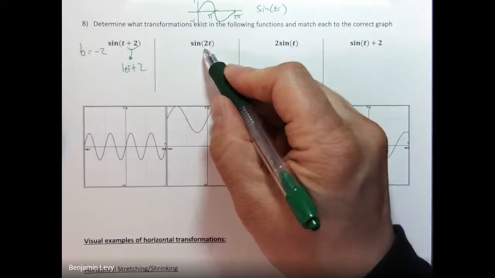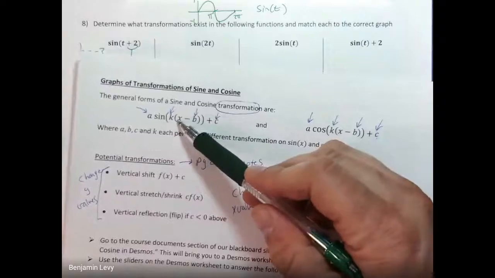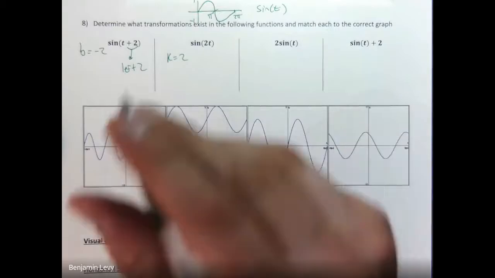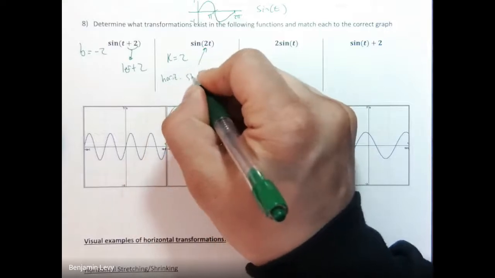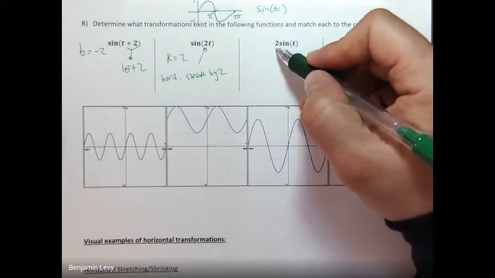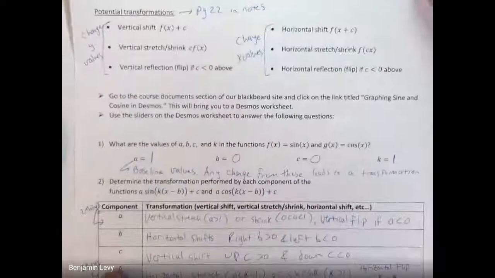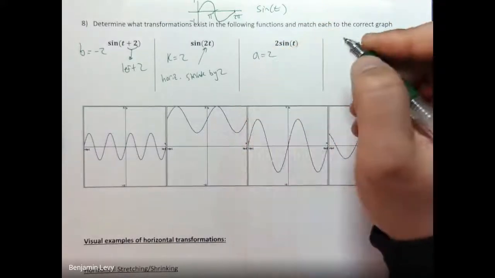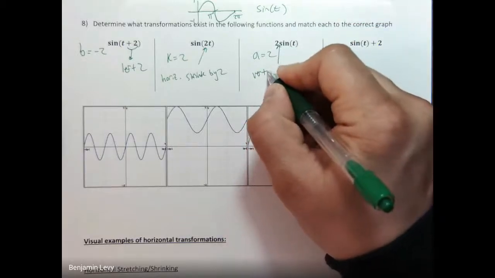This one right here has got a 2 multiplying the t, and so the thing that multiplies the input is the k. And so this one here has a k value of 2. And so we know that k does horizontal stretching and shrinking, and so that particular k does a horizontal shrink by 2 units. This one here is multiplying the sine by 2. And so we know that multiplying the sine is a, and then we know that a does vertical stretching or shrinking from the first page. And so in this case, a is 2, and so that's going to stretch the graph. And so that 2 then is doing a vertical stretch